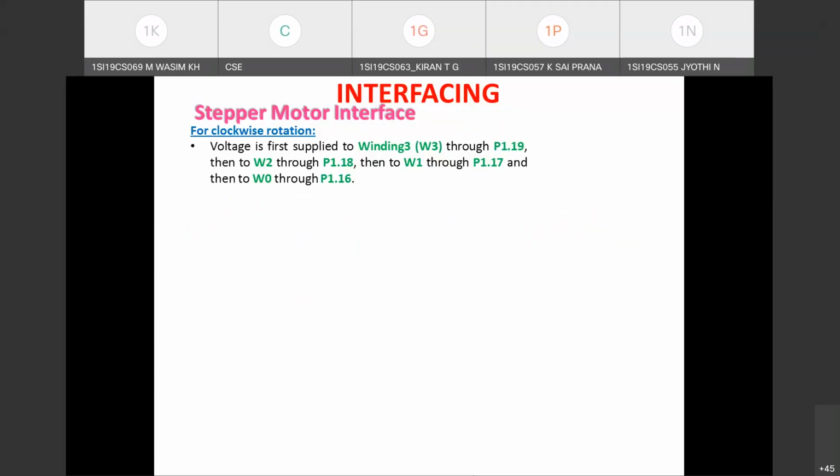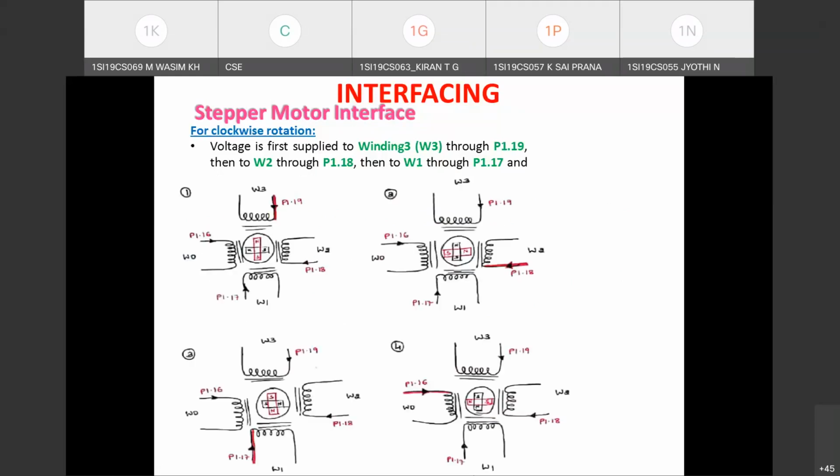It is port 1.19, since winding 3 is connected through port 1.19, then to winding 2 through port 1.18, then to winding 1 through port 1.17, and finally to winding 0 through port 1.16. So this is the order in which we are supplying the voltage to the windings of the stepper motor for clockwise rotation. I have written a small diagram to explain that.